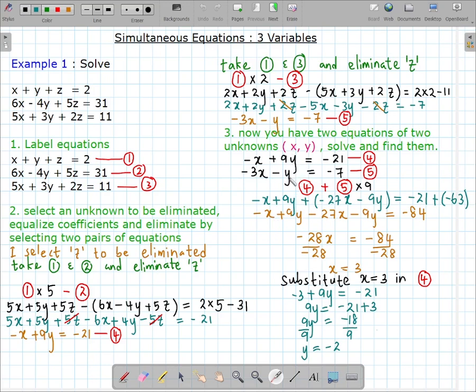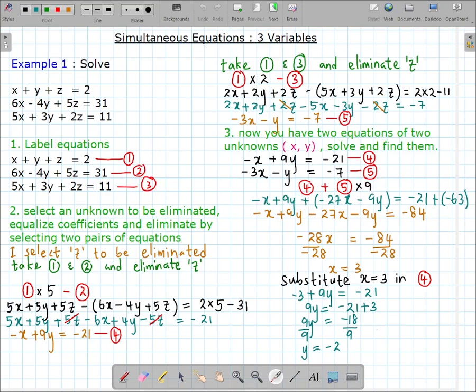To eliminate, the coefficients have to be equal. In equation 4 the coefficient is 9, so I have to make it 9 here also. So I have to multiply equation 5 by 9. The process is to multiply equation 5 by 9 and add equation 4. So I write equation 4 add equation 5 multiplied by 9. Equation 4 left hand side, that is minus x plus 9y, add